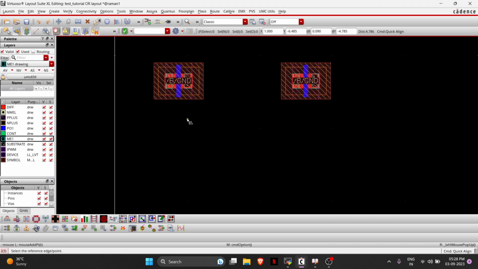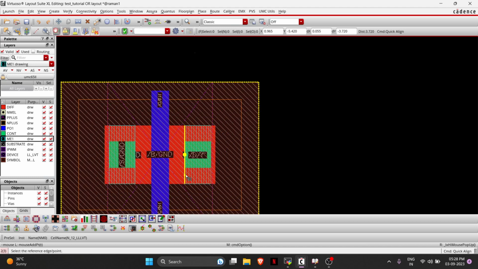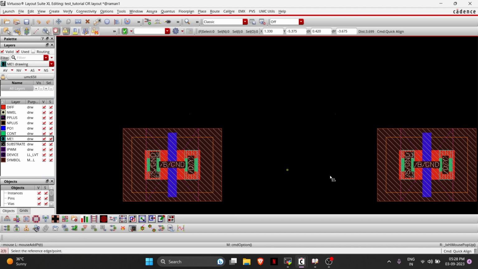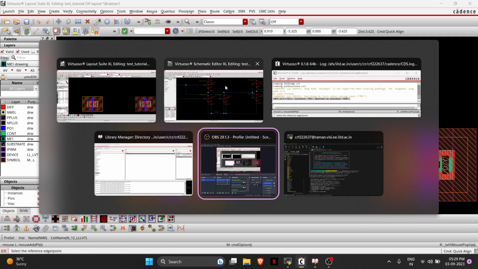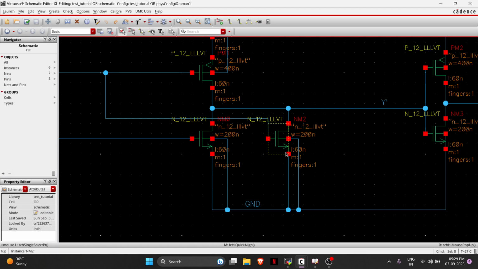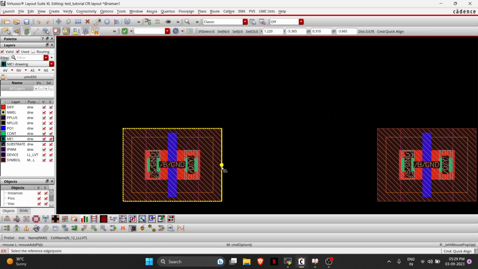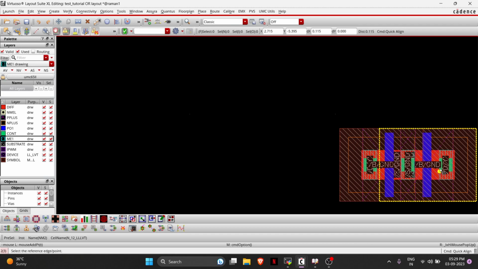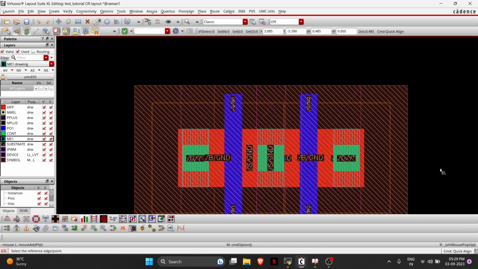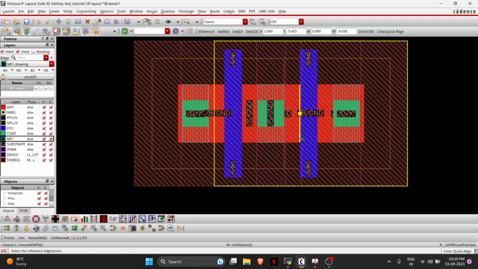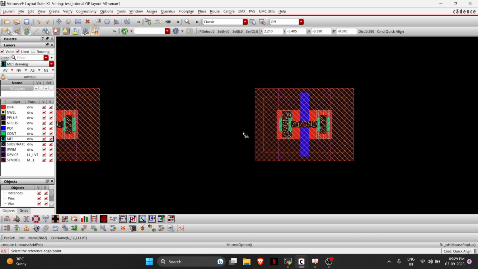When I generated from source, it oriented the transistors according to the schematic, but sometimes suppose I want to abut them. See, this is the case. I wanted to abut, I wanted to short both sources and both drains, drain to drain and source to source. But if I select this and do this, this is drain, and this is source. So I can't just do it like this. It will abut, but it will give LVS errors. Yeah. What we need to do is